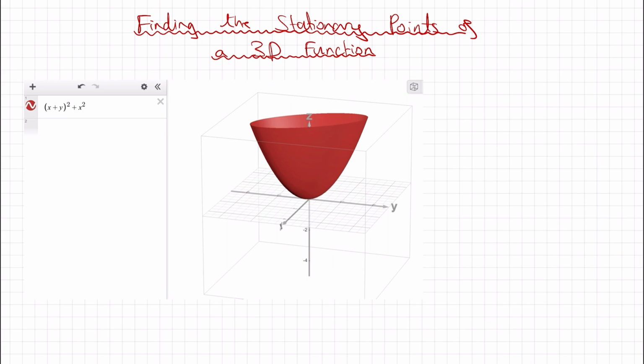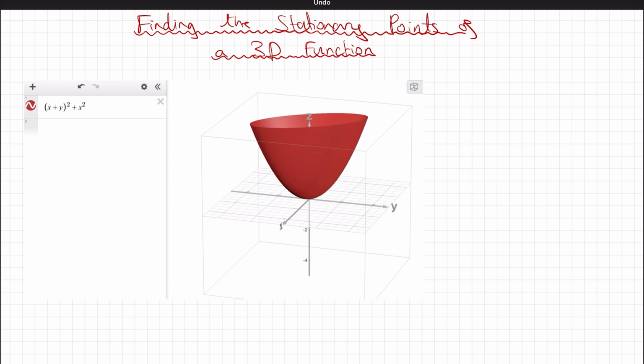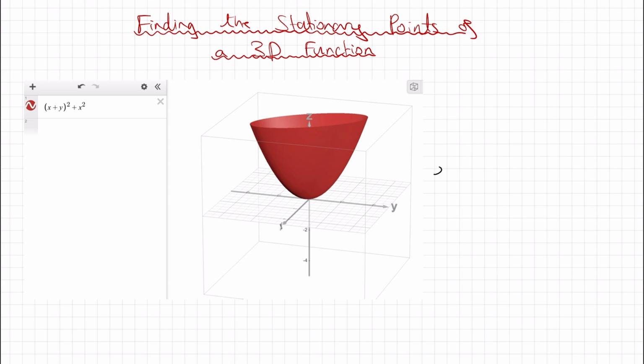So finding the stationary point of a 2D function, or just on a 2D Cartesian plane, is pretty simple. We just differentiate and set the derivative equal to 0, and that tells us when the function has a 0 gradient, so therefore it's stationary. 3D functions are actually a lot simpler than you might think, and essentially we're going to use the same technique but just scaled up. So here you can see I've given a 3D function f of x, y is equal to